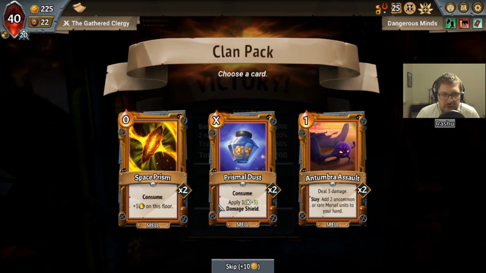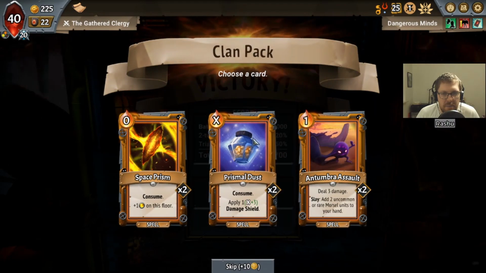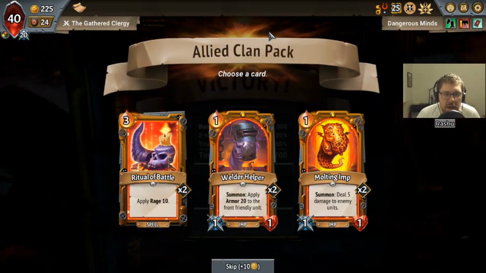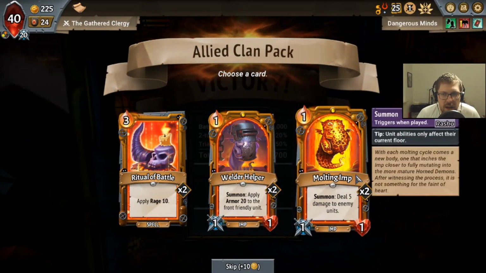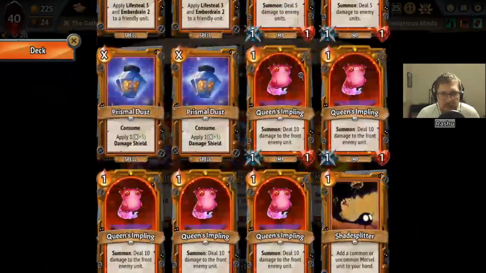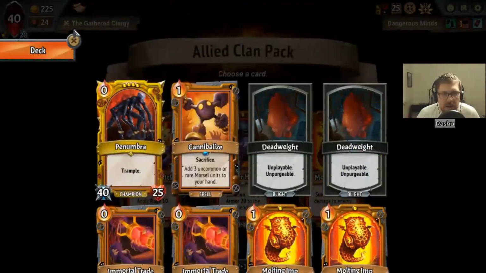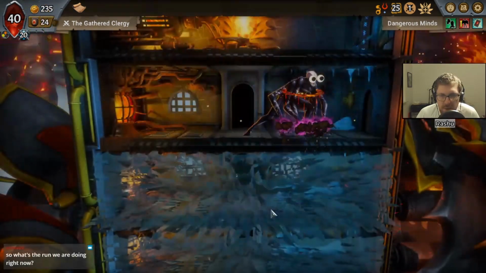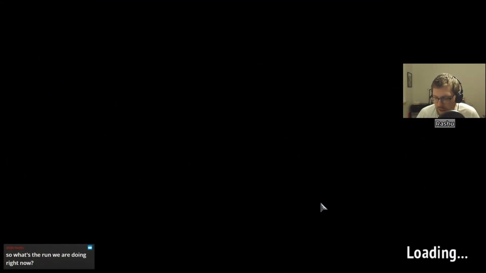We do not have Mitosis yet. I think Space... Ooh, yeah, I forgot Prismal Dust. Yeah, we want Prismal Dust because we have the first Hell Pact. And I honestly don't mind extra Molting Imps, but I feel like it might be too much. Yeah, it's probably too much. I think we skip here. We don't need the Welder Helper because we're going more on the...